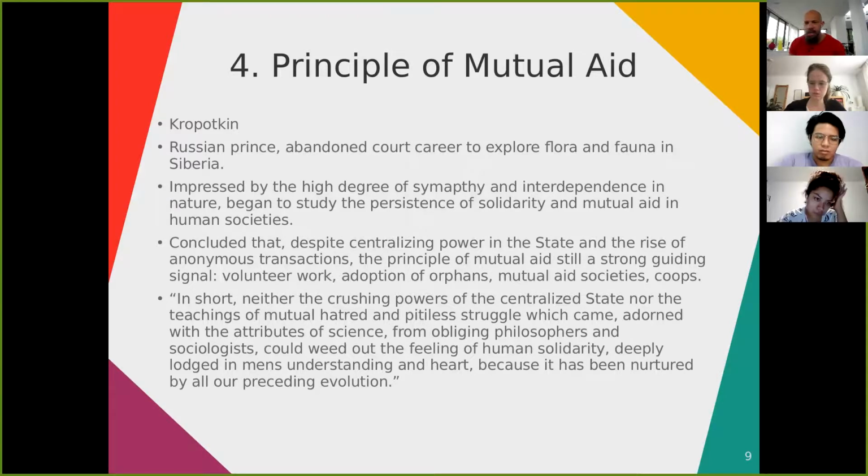So in fact, Kropotkin is looking at this world in Siberia and seeing very much cooperation, sympathy, interdependence, and the presence and persistence of solidarity and also mutual aid, both in human societies there in this really cold wilderness, but also in animal species and also plant life. So his conclusion, or one of his conclusions rather, in this chapter that I assigned, was that the centralizing power of the state did destroy many of the foundations on which the solidarity existed, by anonymizing transactions or interactions rather.